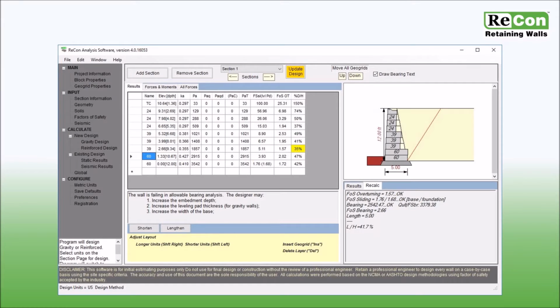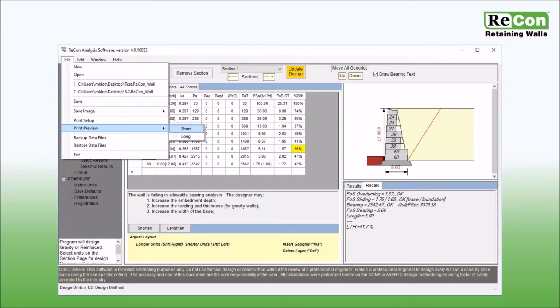the changes. Once you have reviewed and are satisfied with your results, you may print the calculations for additional review or for your records. Recon Wall has two options for printing: the short printout, which is just a summary of the results, or the long printout, which is a full version of the calculations completed. Recon recommends saving a PDF copy of at least the short printout along with the saved software file for future